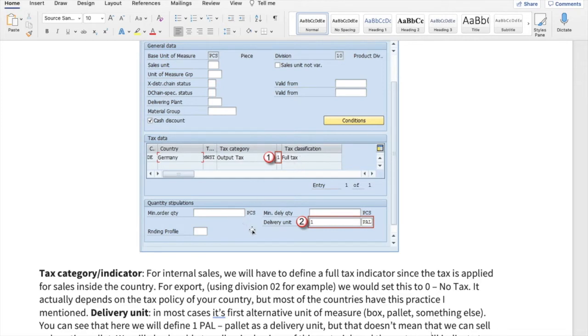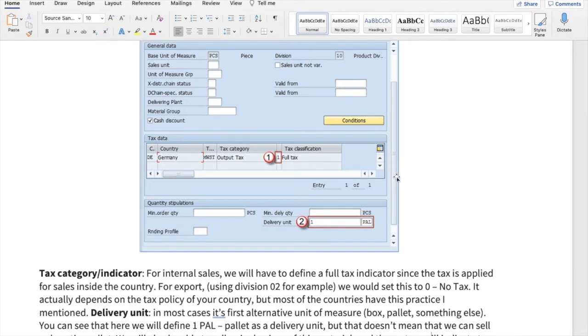Now if you are exporting, that country's taxation will not be applicable, so it will be zero, but then custom duty and other duties will be applicable, which will come later. So they are configuring how the output tax works. If you select full tax, then in the FI module, where we put the taxation clause for that country, those tax percentages will be automatically applied.